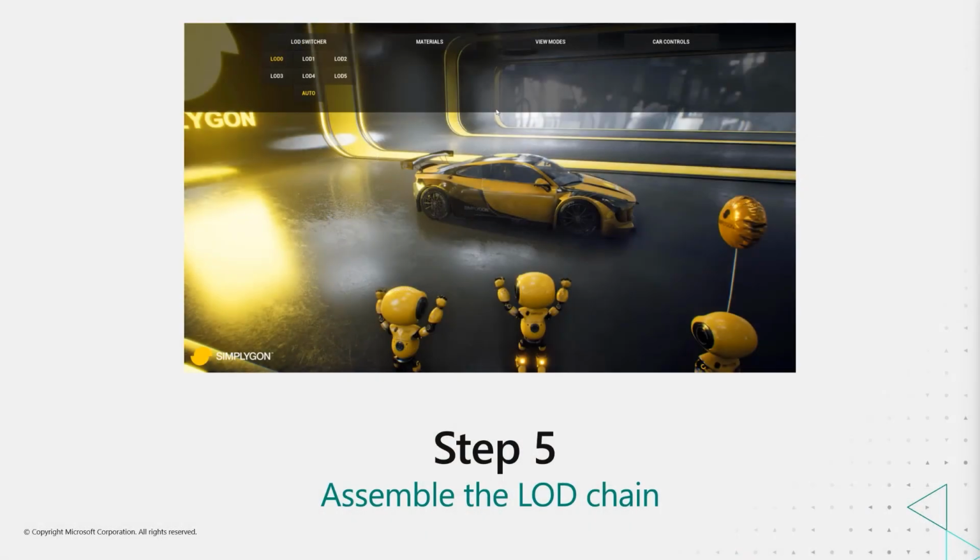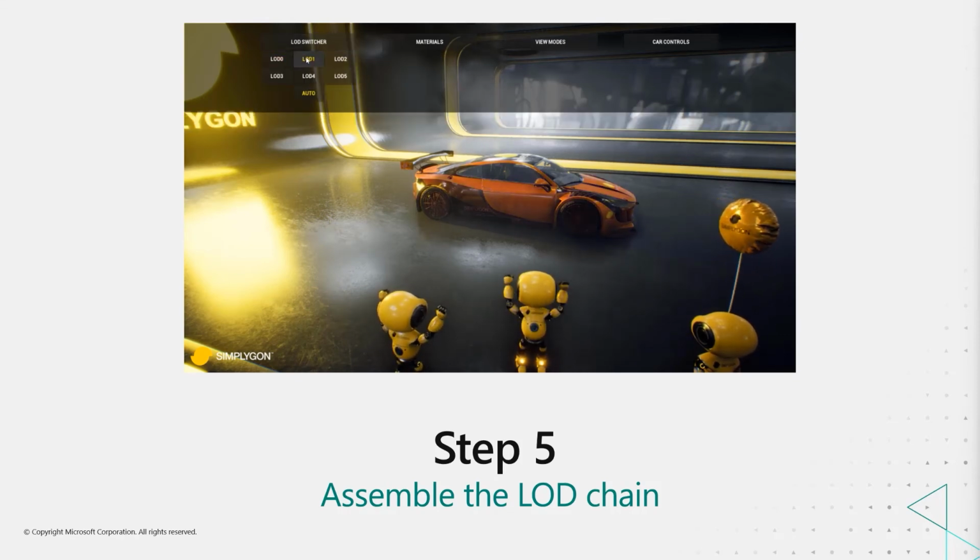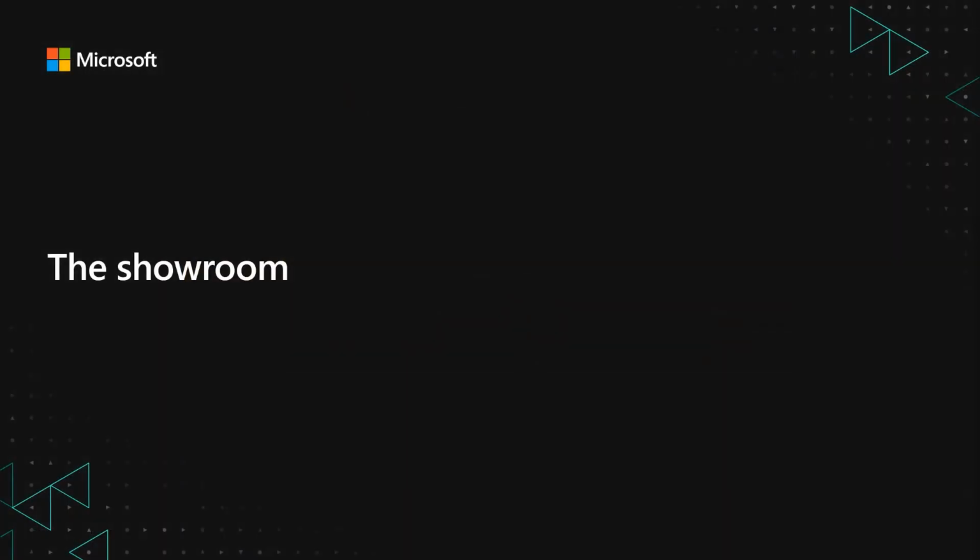And finally, we now have the shader, we have the object, we can now assemble the LOD chain and try it out. And here it is. Let's just change the color and step through the LOD chain. And there you go. That's your customizable car with super optimized last LODs. So as I said, super optimized. Well, let's have a look at what this car actually is. Let's scrutinize it a little bit more.